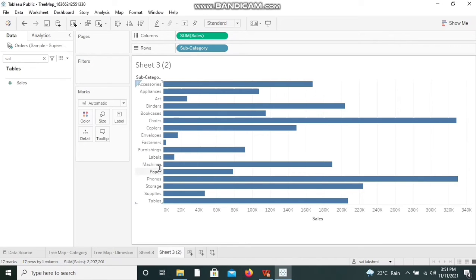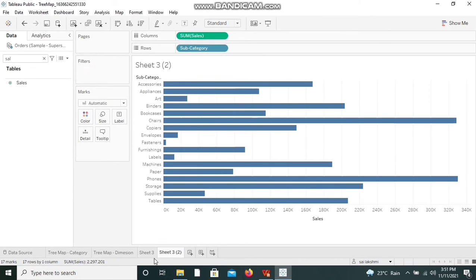When we have hundreds of subcategories, it is difficult for us to accommodate everything in a single bar chart, because we will get a scroll bar. We have to scroll up and down or left or right, and it is difficult for us to take decisions by doing that.